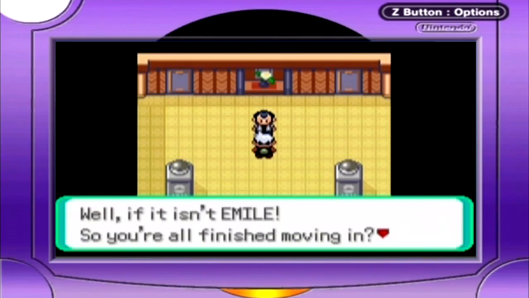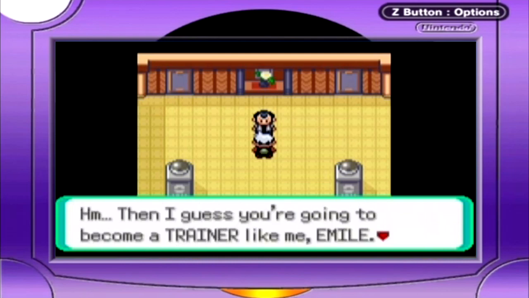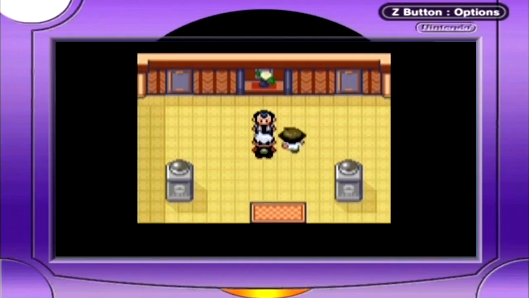If it isn't Emil, you're finished moving again. I'm surprised you managed to get here by yourself. Oh, I see. You're with Pokemon. I guess you're going to become a trainer like me, Emil. That's great news. I'll be looking forward to it. So we're going to fight our debt. Or we're not. We're going to get interrupted by...